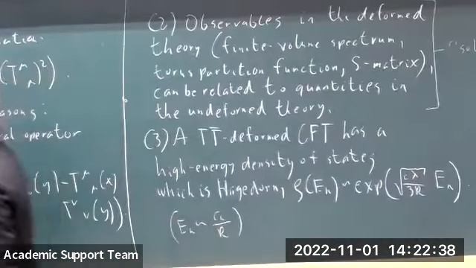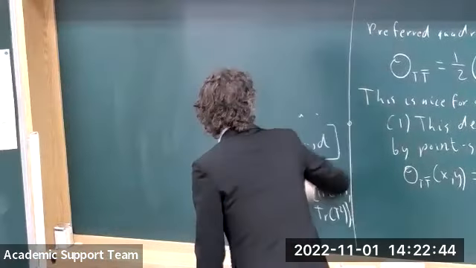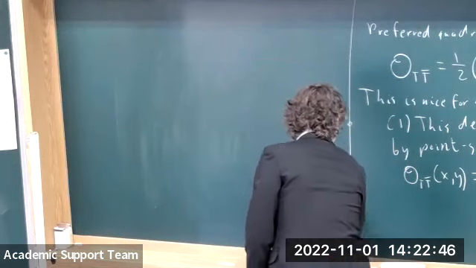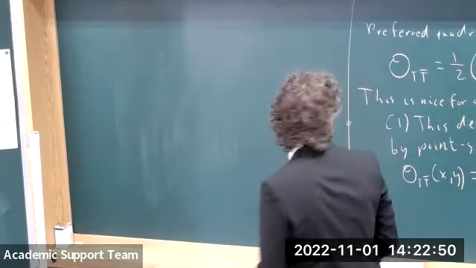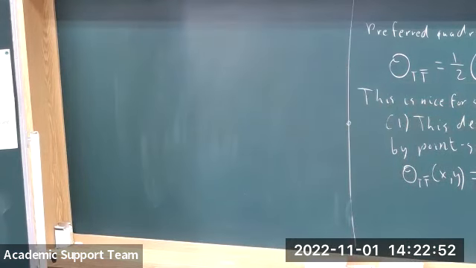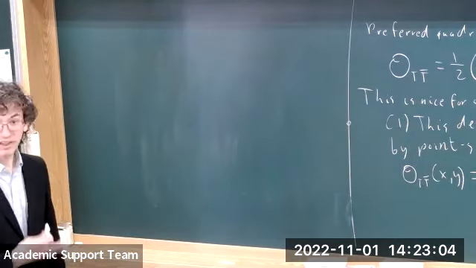So these are some of the reasons why TT bar in particular is interesting. Now, even though these properties largely concern the quantum mechanical definition of the theory, I want to point out one way of seeing some hint that this might be connected to string theory. This third point, that there's a high energy density of states, which is Hagedorn, seems somewhat stringy. There's a way to motivate this, or a hint that this might be true, which is purely classical,